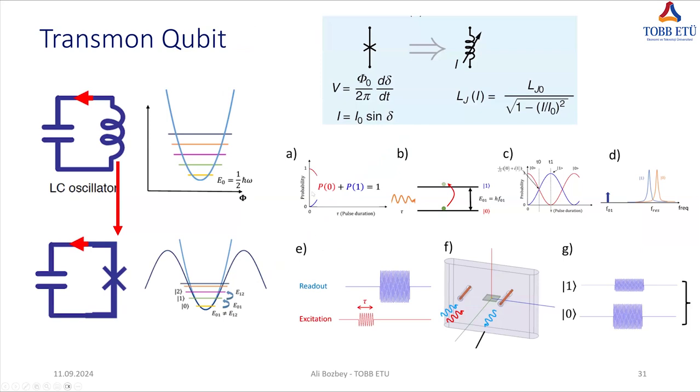For a transmon qubit, as I explained before, a transmon qubit is basically an anharmonic oscillator with a Josephson junction used as a nonlinear inductor. Here the effect of nonlinearity,